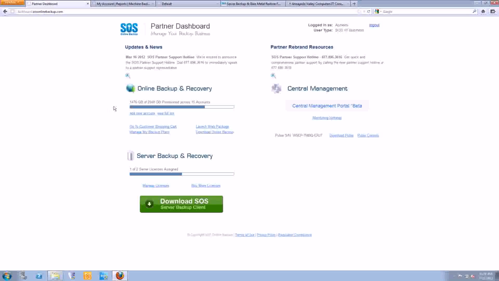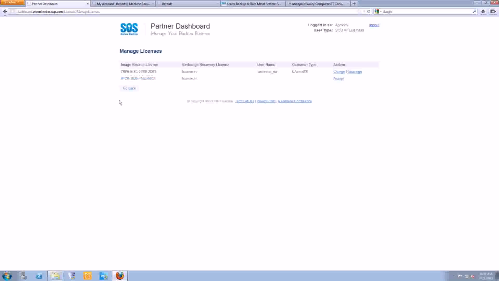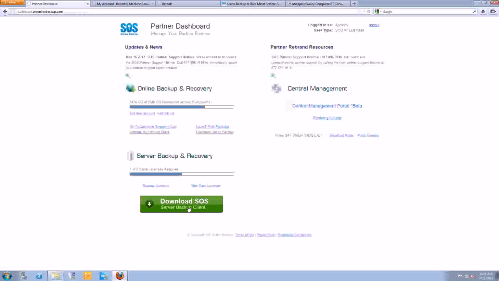Okay, so then what we have here, kind of in the middle, online backup recovery, this is where you would first go to create a backup account for one of your customers. And after doing so, you would then go down to the bottom here, and if that customer wanted to back up their server as an image and also get the Exchange granular recovery, you would assign that username to one of the available license keys. And then after you do that, you'd be able to click on this green button here and download the ServerSave executable and install and license the product. So we'll go through all that in just a minute. So the first thing I'm going to do here, guys, is go and add an account.